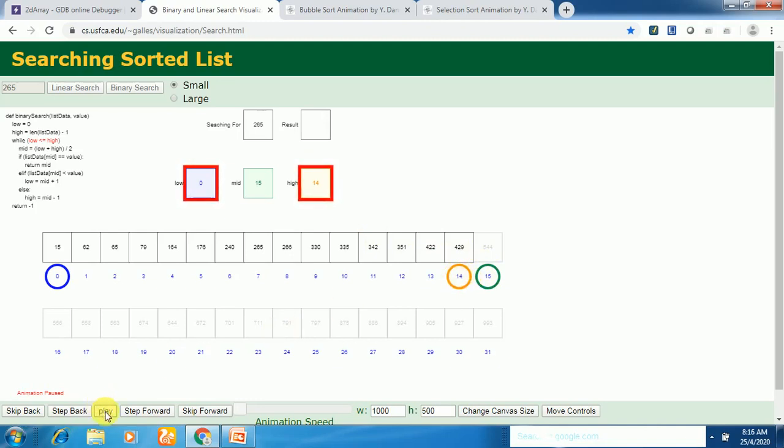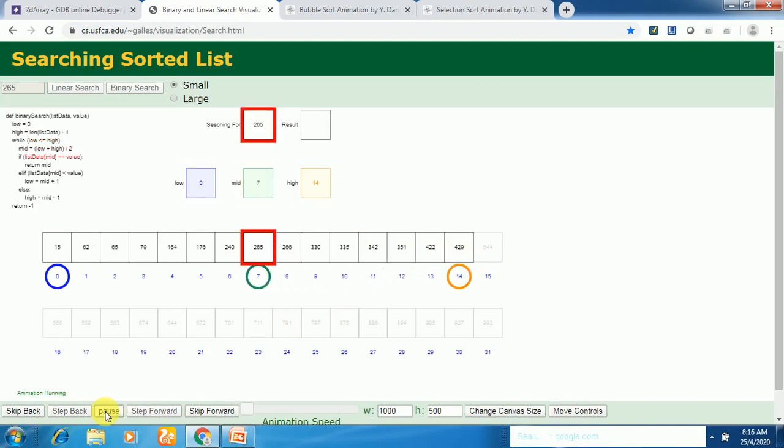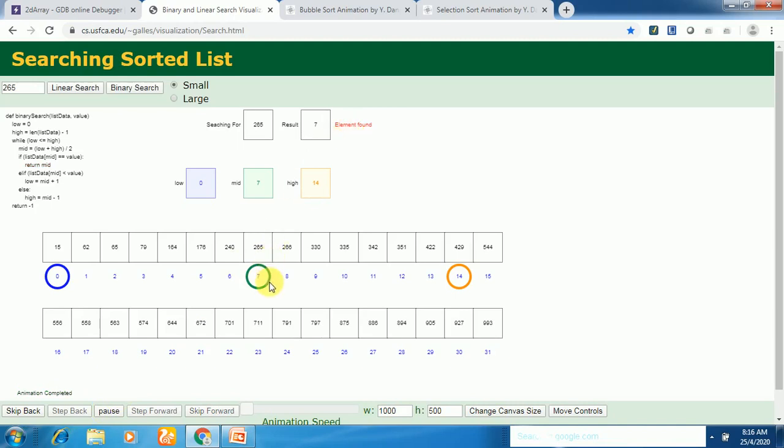And the same algorithm is repeated. It is going to compute mid here. The mid we got is 7. The mid of this particular part is 7, and after finding this mid, again the array is divided into two parts like this. Now the key is compared with the middle element. So in this case, the middle element is 265, it is matching with the key. So it is going to say the element is found at index 7.